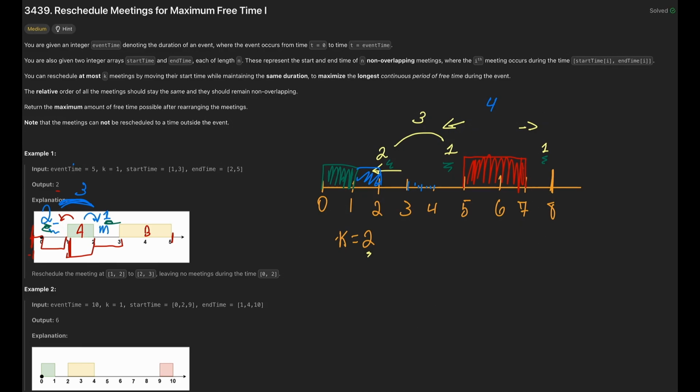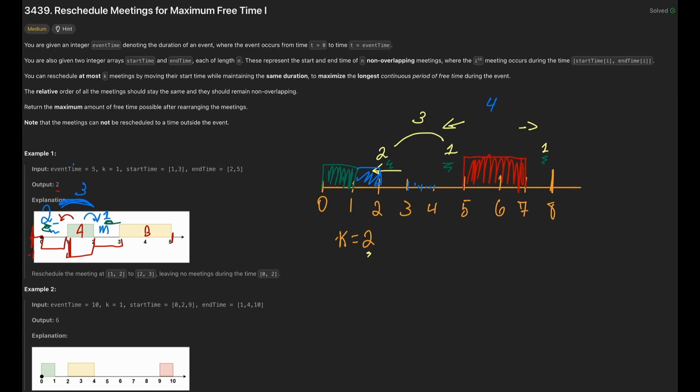And that's going to be consistent for any size k. So it will always be k plus 1. Again, because of that relationship I was just describing, where when you move a meeting, you're combining the left and the right. So now that we have a good idea of how we can solve for the longest break,